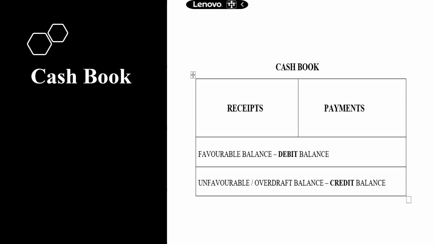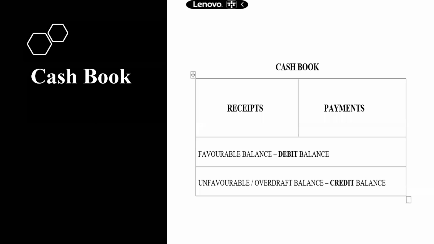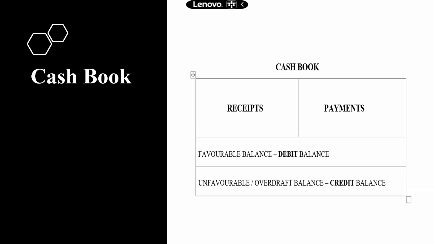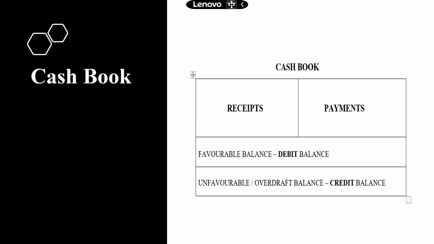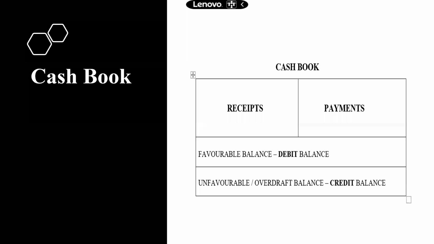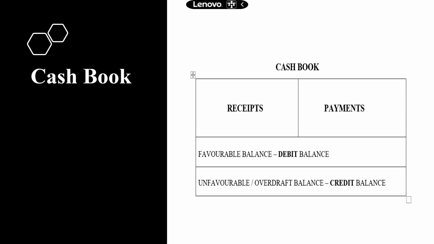Now, I'm just showing you a cash book. See, the heading here is cash book. When I say cash book, this is the entire cash book, but I'm showing you only the bank column. I'm not taking the cash column. I'm not taking the discount column. I'm not taking the particulars and all those columns. I'm only showing the debit side of cash book, credit side of cash book. That is the bank column, because I'm only concerned with bank column here. Please remember, as far as your BRS is concerned, I'm only concerned with the bank column of the cash book.